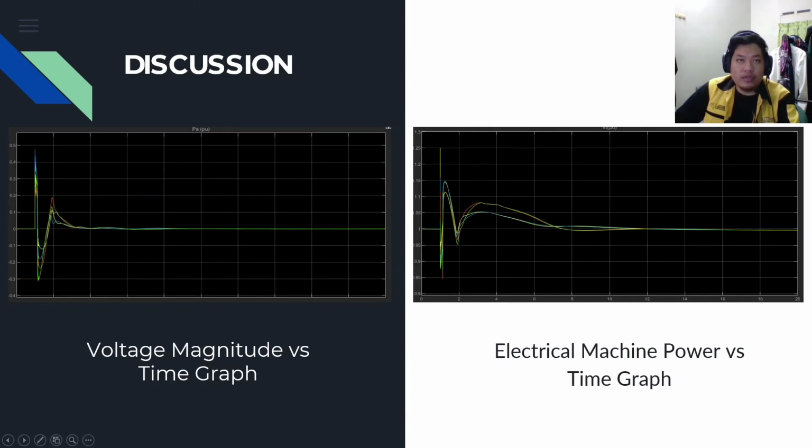Okay, the last one is the marginally unstable case. The voltage waveform becomes marginally unstable at the point where time 1 second was when the load decrement disturbance occurred at time 3 seconds, and it returned to equilibrium at time 6 seconds, from the graph which depicts the magnitude of the voltage versus time, and the graph which depicts the power reduced by the electrical machine versus time.